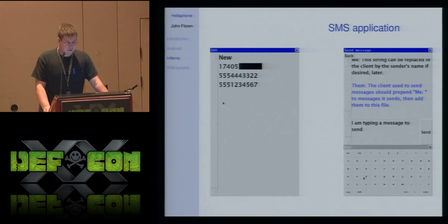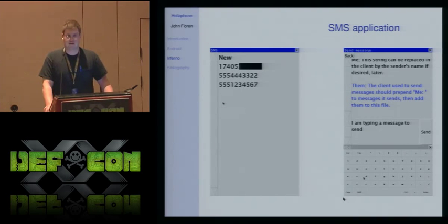All right. And this SMS application, it's really quite easy to write because all it has to do is just write strings into the /phone/SMS file and it just takes care of the rest. Oh, and you can see, we started looking at some ideas on how to make applications in Inferno more phone friendly. So we have these nice big scroll bars on the side for your fat fingers, and the text is bigger and slightly bigger buttons and things like that. So it's actually not that hard to write a phone-friendly application in Inferno.